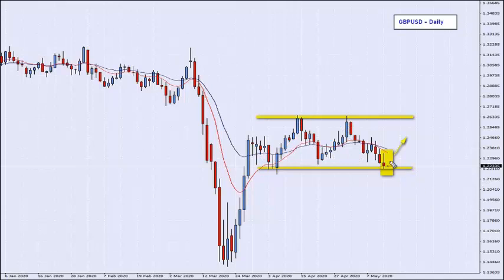So what I'm naturally looking for is I would like to see price action reversal occur in that hot zone which I've marked out, and should that happen, then essentially I am quite happy to take a long trade and aim towards the other side of that channel. All right, so there you have it, our chart of the day this morning, GBPUSD daily timescale.